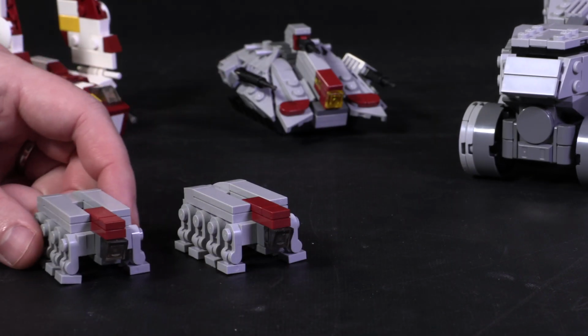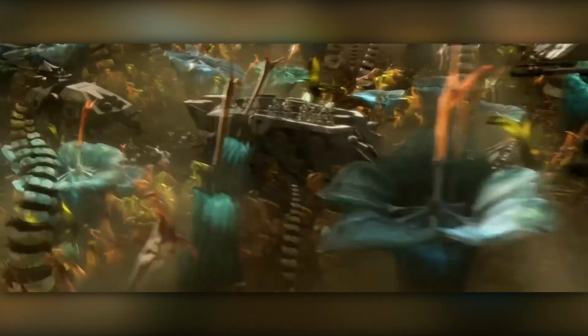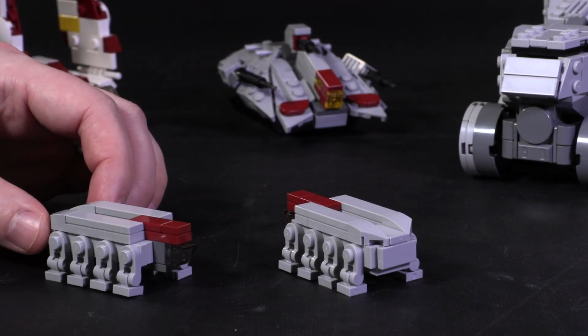Last up is the AT-OT. Once again, only really seen during that Order 66 sequence. This open-top transport always kind of reminds me of a water bear, you know, those 4 legs on either side, so it's an 8-legged walker, and according to the information that we have on it, it's only really to have